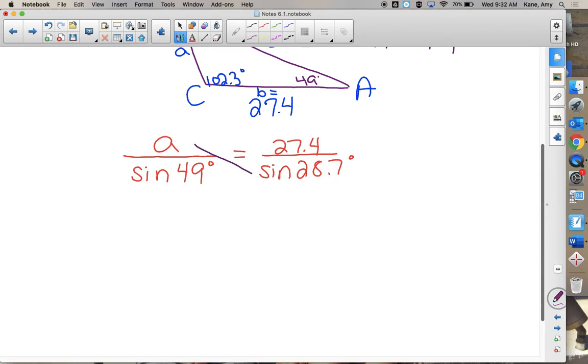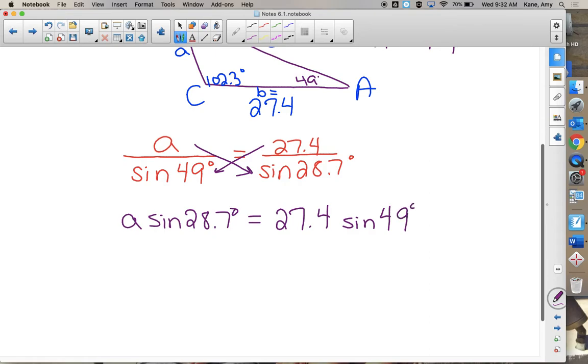But if we cross multiply, that takes a proportion and takes it out of fraction form. So we have A times the sine of 28.7 degrees. That's going to be equal to, I'm placing the number first, the side first, so 27.4 times the sine of 49 degrees. So that's like having a coefficient in front. And then to get A by itself, we would divide, and you get 27.4 sine of 49 degrees divided by the sine of